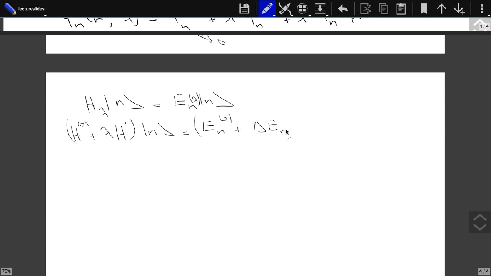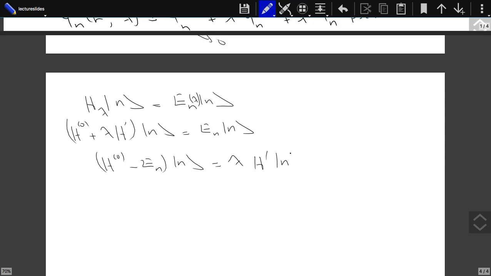Or let's not do this. (E0 minus E_n)|n⟩ should be equal to λH'|n⟩. Or we can say that |n⟩ should be equal to |n0⟩. Well, this equation over here that we write, you can just think of this as an inhomogeneous differential equation. So the solution of this one will be the solution of the homogeneous equation plus the particular solution, plus